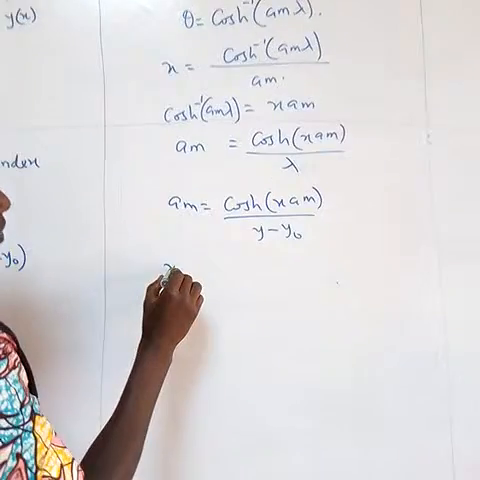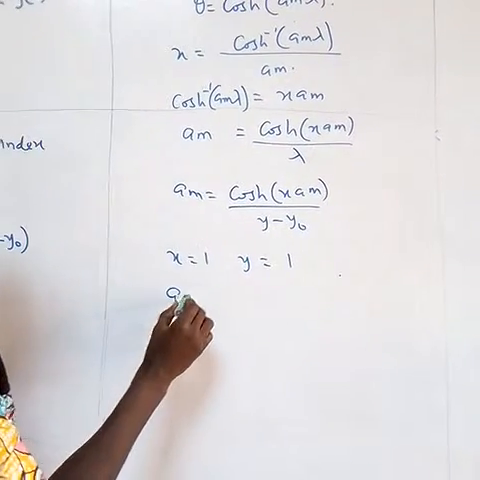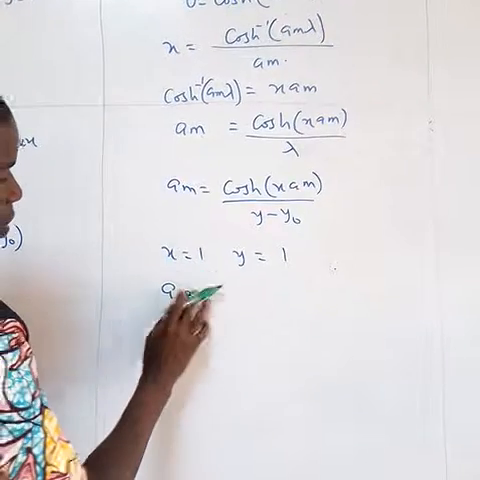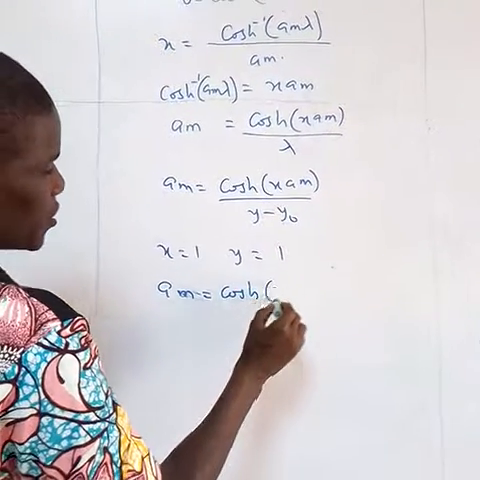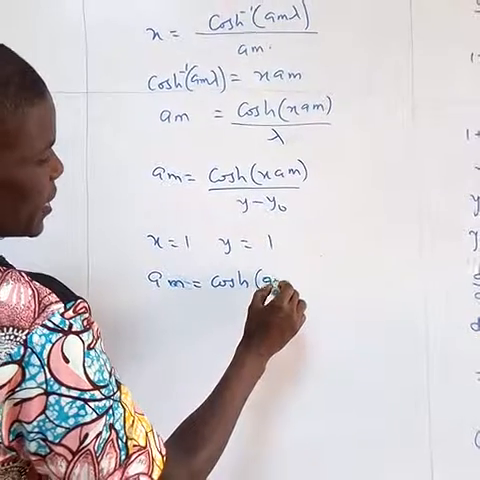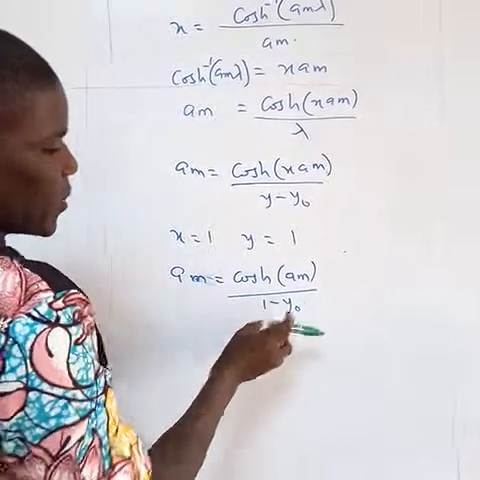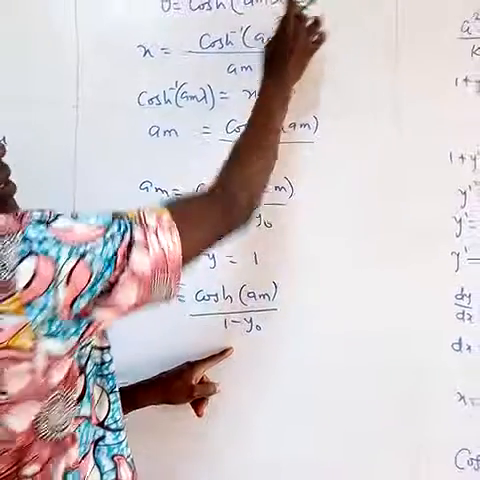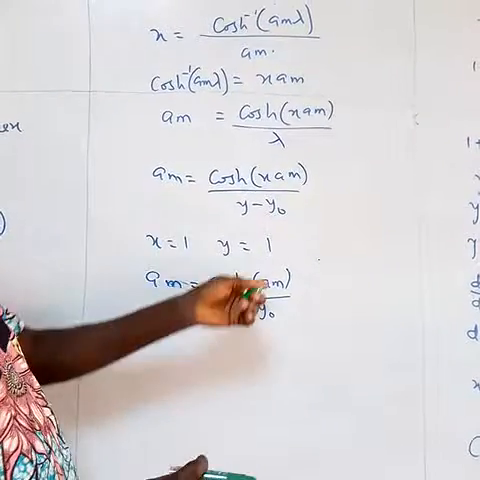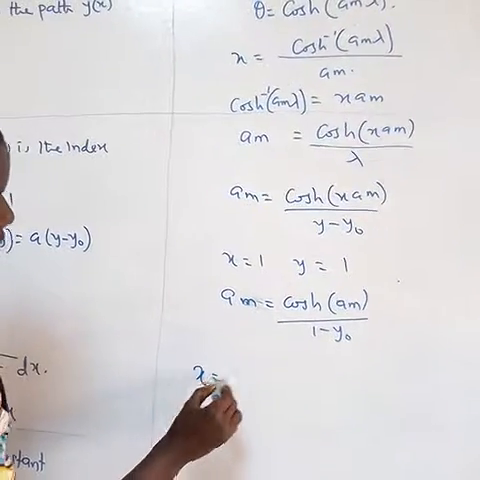So when x is equal to 1 and y is equal to 1, our am will be equal to cos am over 1 minus y naught. So we are going to return this into the equation, since we've gotten our am. So automatically x now finally becomes